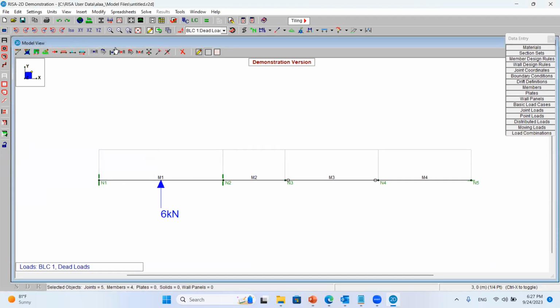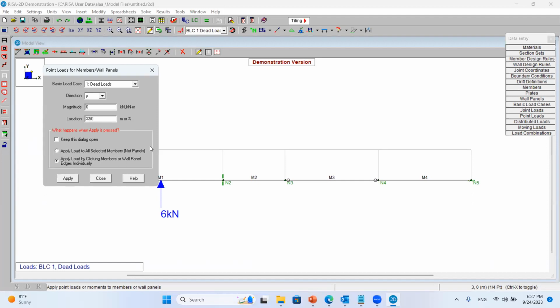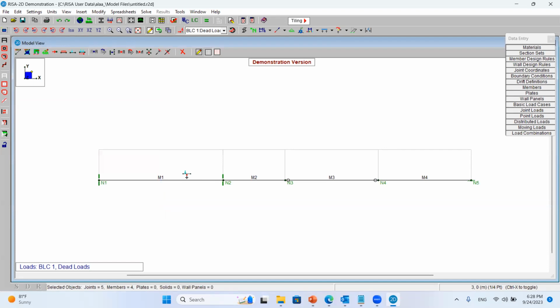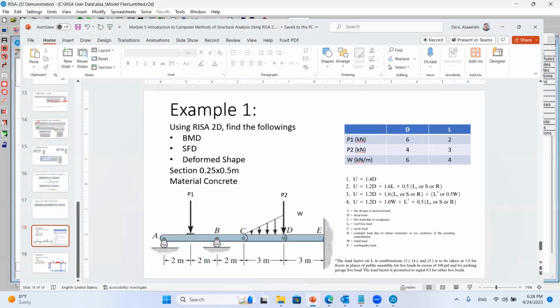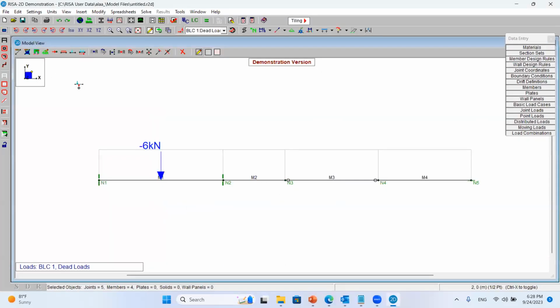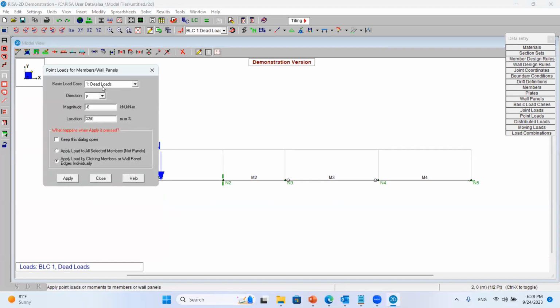Oh, sorry. So I need to modify this. Should be minus. Okay. Now, so I needed to apply it twice in order to reverse the sign. So this was the -6 on the dead load. We have also -2 in the live load. So this is also I will do now. I have -2